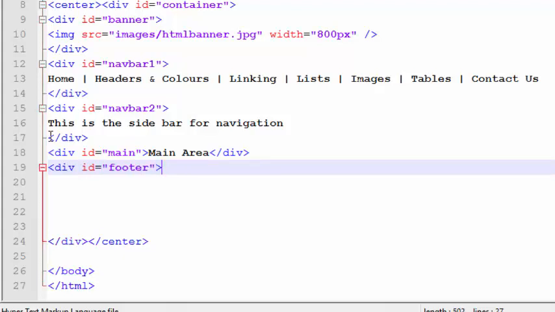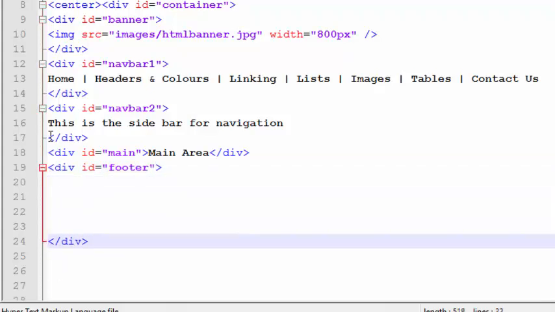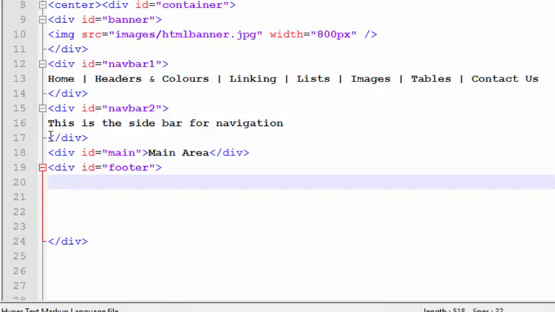Okay, and I'm going to close the footer off. Sorry, the div, beg your pardon. That's that done. So in the footer, I'm going to put a line, and underneath it I'm going to put the copyright symbol followed by my name and the year. So the first thing I'll do is go back to the style sheet and set the footer up